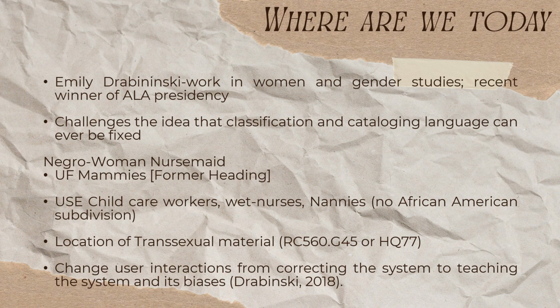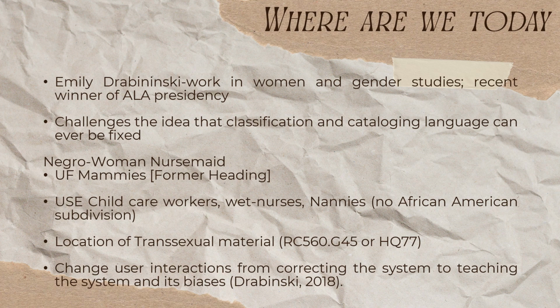These and other types of classifications show that it is not a seamless or objective process as we want to believe, and smoothing over or fixing these ruptures by changing the classification or headings erases the evidence of the dominant ideology at the time and the resistance to that ideology that are essential components to the classification and cataloging project.